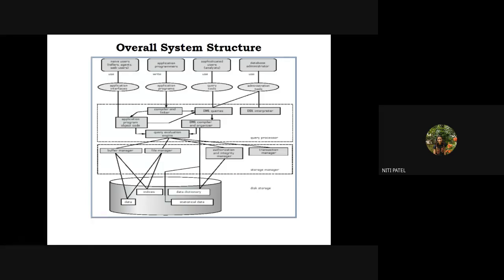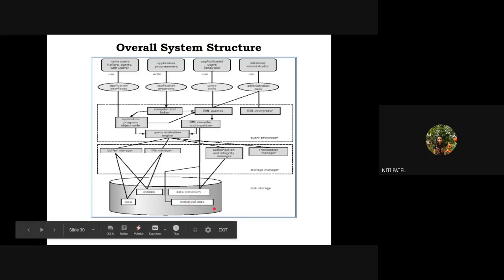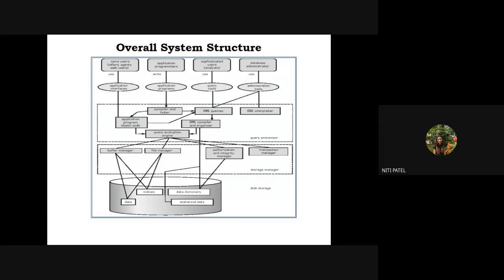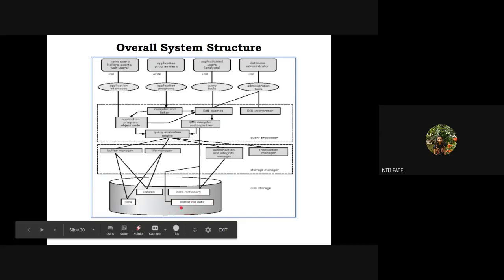Okay. Then the last we have is statistical data. Now what do you mean by statistical data? When I have data represented in some form of statistics, I call it statistical data. For example, you have your marks with respect to CO. I have represented them in the form of a bar chart that out of 160 students, 30 have scored above 50, 10 have scored above 40. So that is the statistical data. If I want my data to be represented in some statistical form, I am also allowed that in my database management system. Okay. Is this entire structure clear?